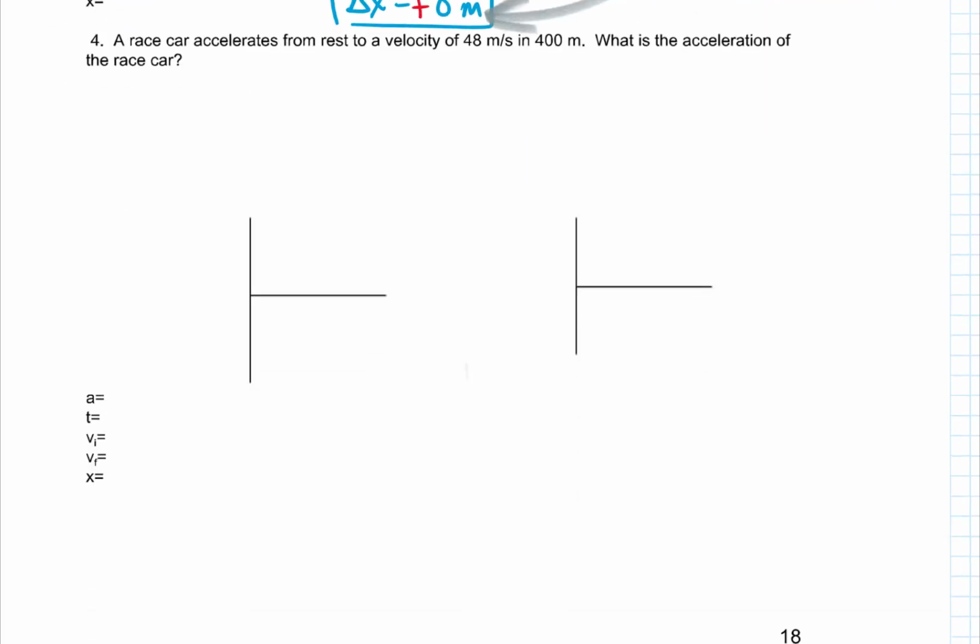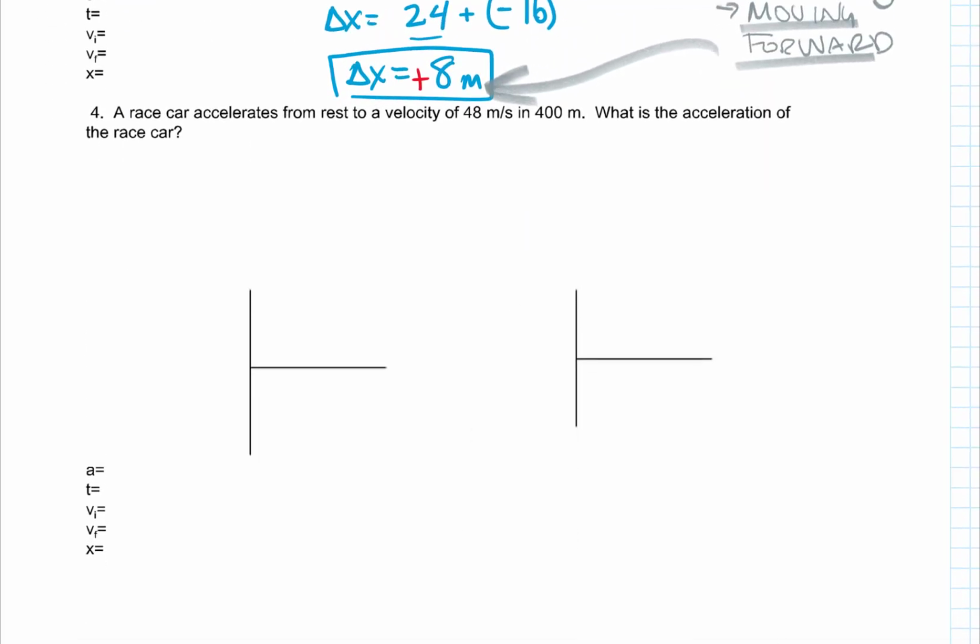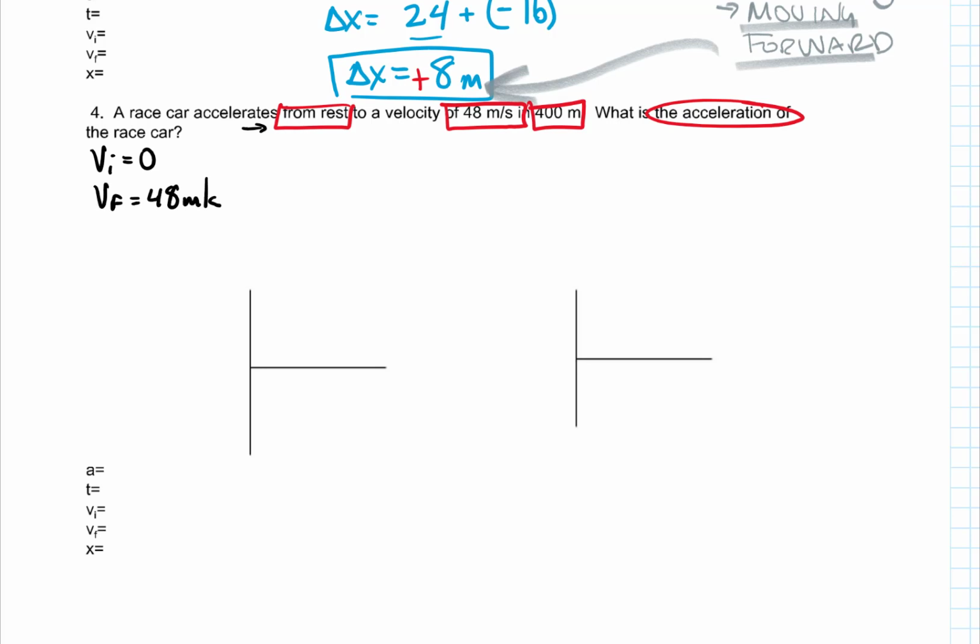Let's move on to this last one. A race car accelerates from rest to a velocity of 48 meters per second in 400 meters. What's the acceleration of the race car? So the initial velocity is 0 because we're accelerating from rest. My final velocity is 48 meters per second. That's my final speed. And that takes place over a distance of 400 meters. Those are all my givens. And my unknown